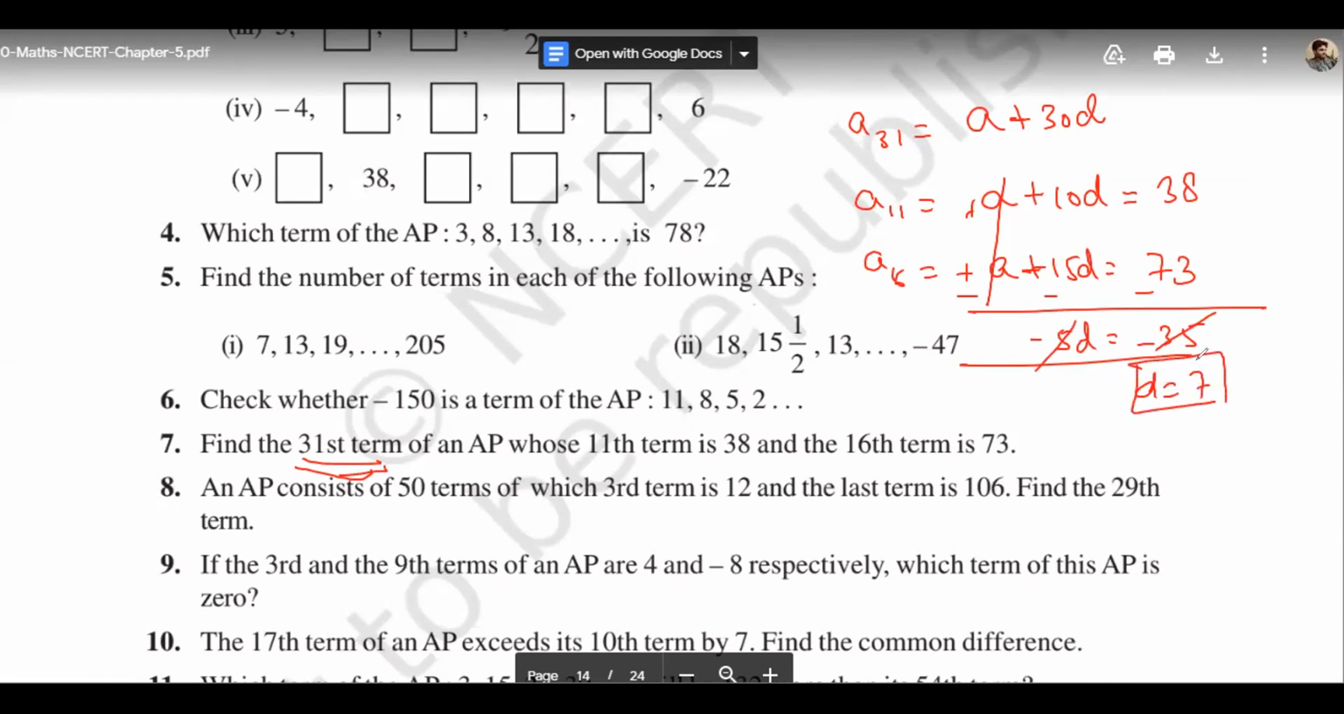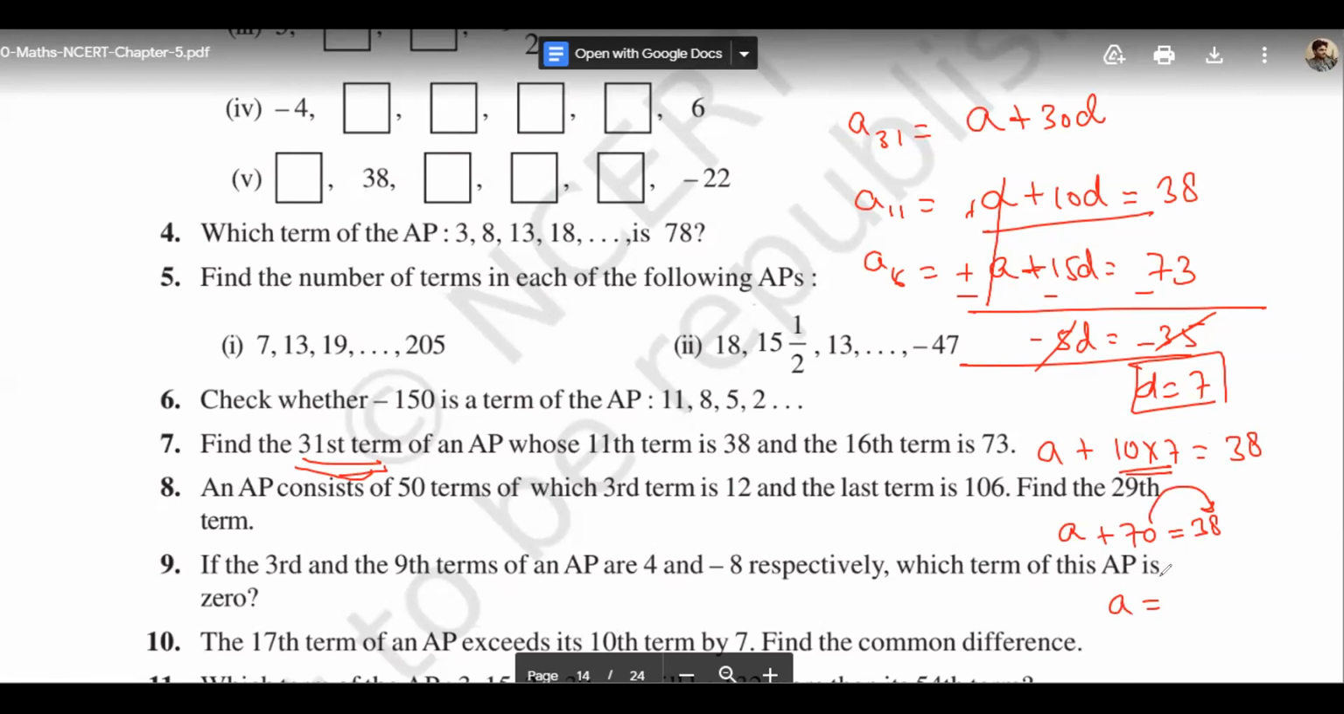Now put this value of 7 in this equation. In which equation? In any one of these equations. Put this value of D in this equation. You will find that A plus 10 into 7 is equals to 38. Then it will be 70. You will find that A plus 70 is equals to 38, and this will go to this side and will get subtracted. You will find that A is equals to 38 minus 70. So 70 minus 38 would be